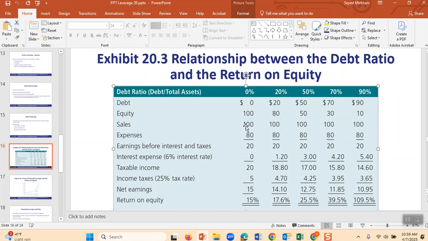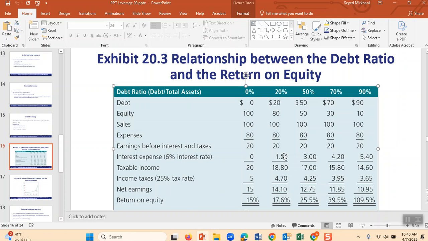Therefore, as you see, you have the sales. Imagine that you sell $100 in every case, for example. Now what will happen? You have expenses of 80. Therefore, earnings before tax, you deduct your expenses from your sales. These are the $20 that come as earnings in your pocket. Therefore, interest expense in the first case is zero, because all $100 was your money, you don't pay any interest.